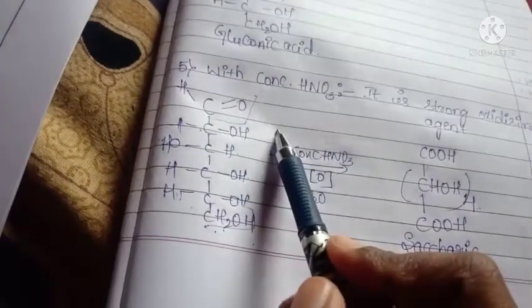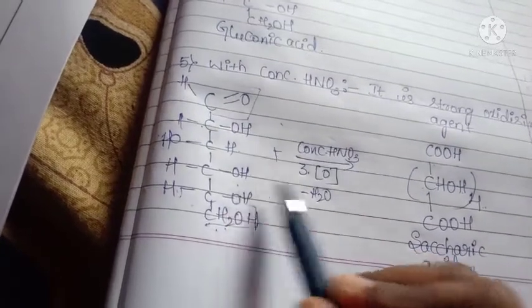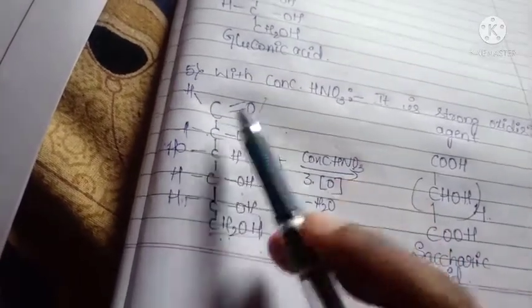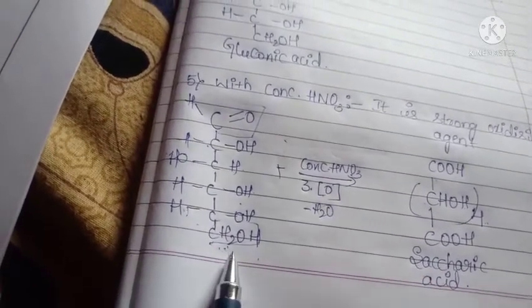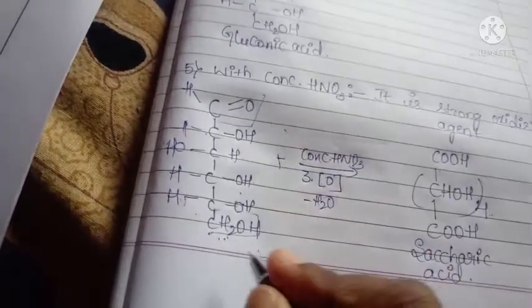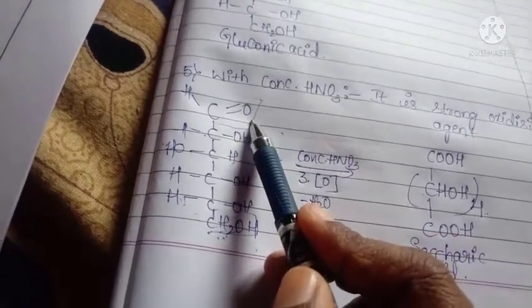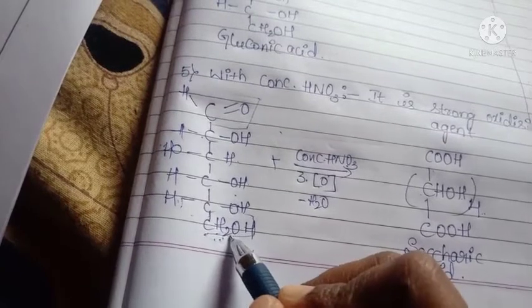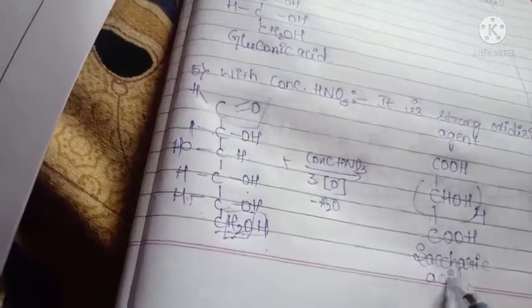This is all about the reaction with concentrated nitric acid. When nascent oxygen is added to this carbon atom and the last carbon atom, in the last carbon atom H2O is removed. Do you get it? H2O is removed. 1 mole of oxygen atom is added here, 2 moles of oxygen atoms are added. So this H2O molecule is removed and it forms saccharic acid. Next reaction is the 6th one,